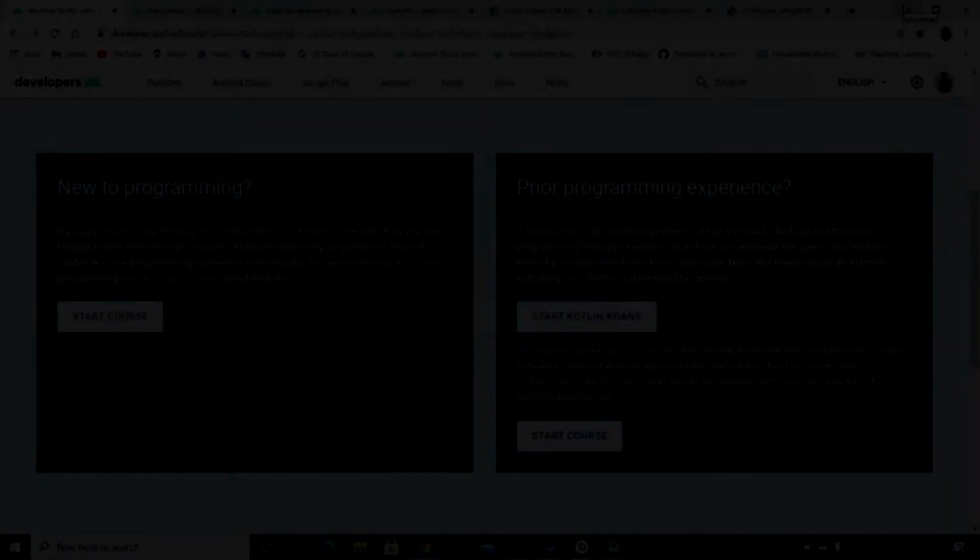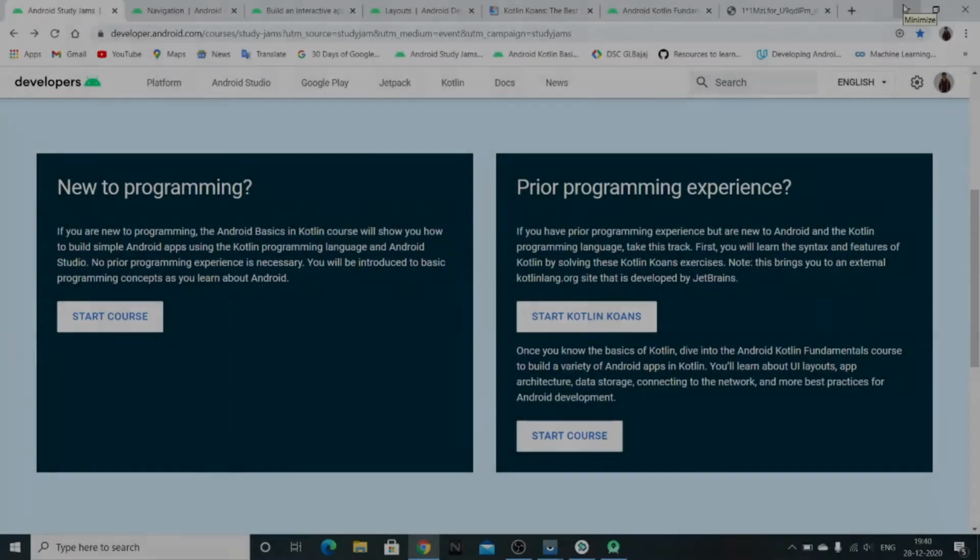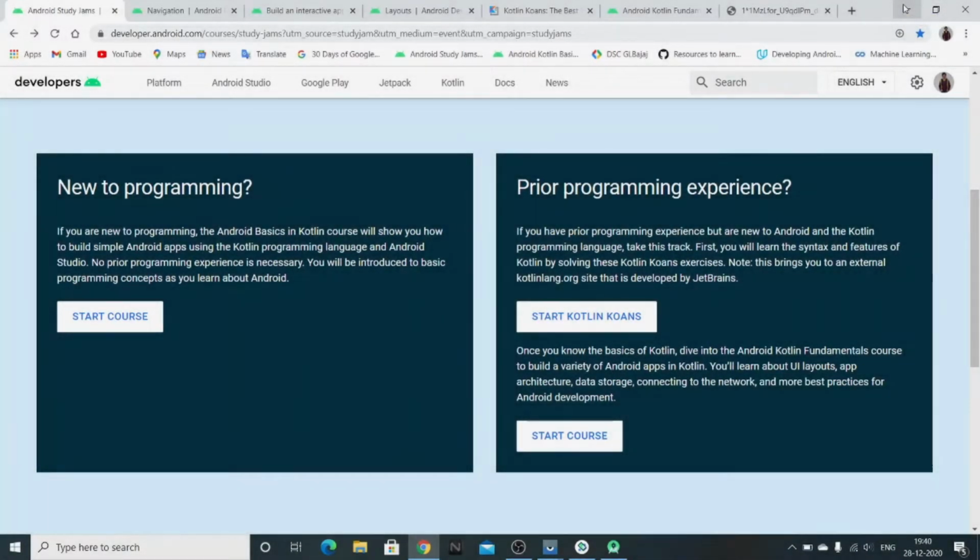So, hey everyone, my name is Vartul Bhogna and I'm your Android Study Jam facilitator and a DSC core team member in application development. Here in session 3, we're going to start with track 2 of our Android Study Jam. As you can see, track 2 is divided into two parts. One is our main course, wherein we have all our pathways, and the second one is the Kotlin course. It is a complementary part.